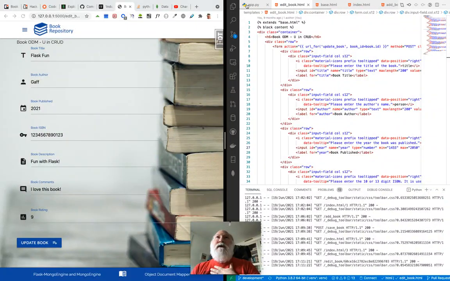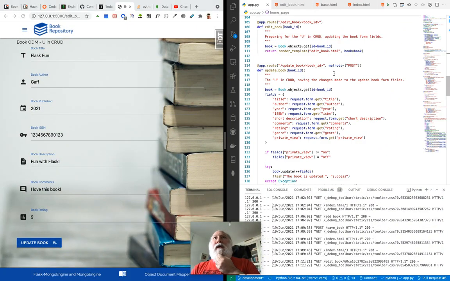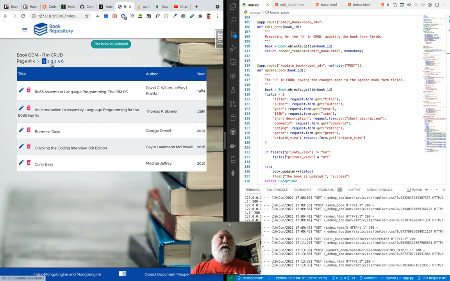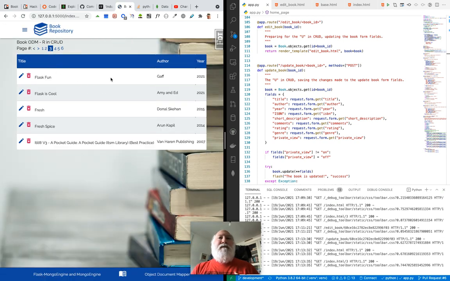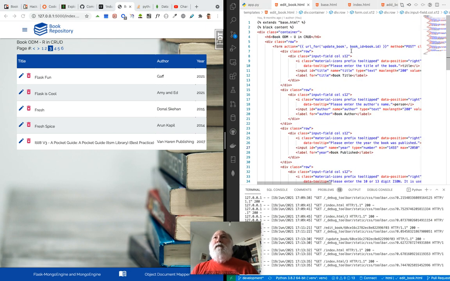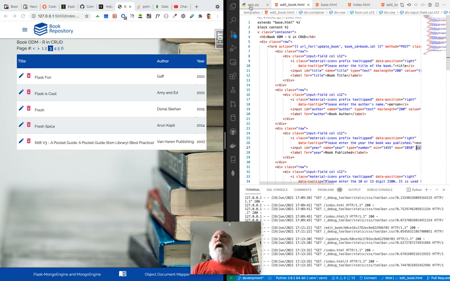So quite simple then. And when we update the book, let's say, you know what, I thought this book was absolutely brilliant, so I'll give it a 10. Click on update book. And we then have that. Now what it does is, when we click on edit book, because we're doing the update book ID, what happens is